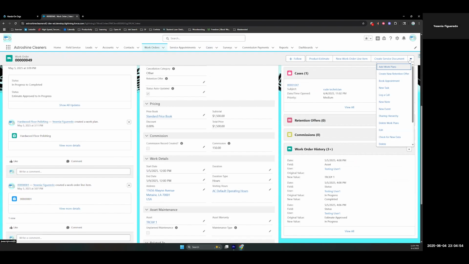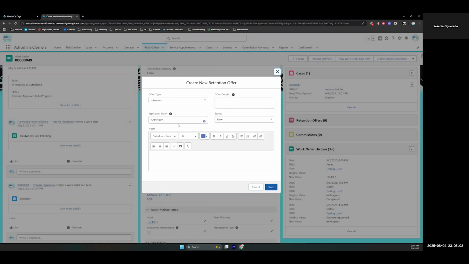So anytime a customer is not happy with something for whatever reason, we can try to keep them with an offer. Because they wanted free work done, and they were rude to our tech, I'm not going to offer free service. I'm going to offer a discount. I'm going to say a discount of, let's say, 15%. That feels generous. For next